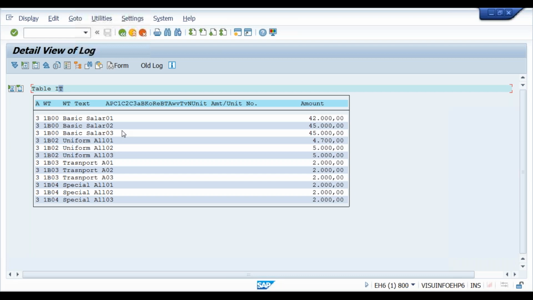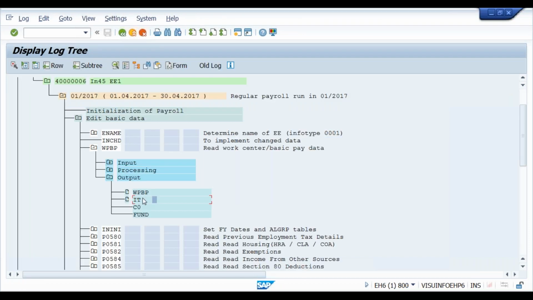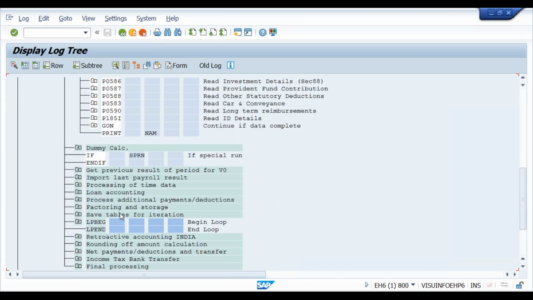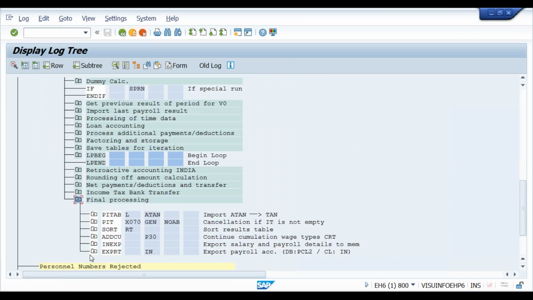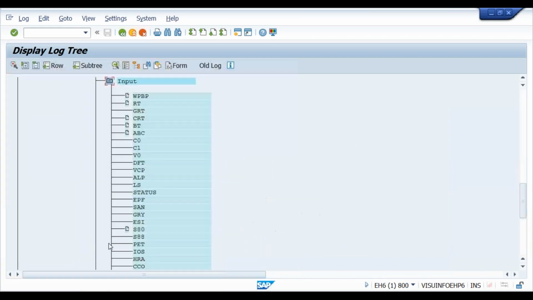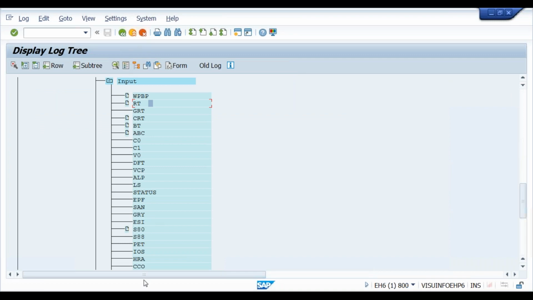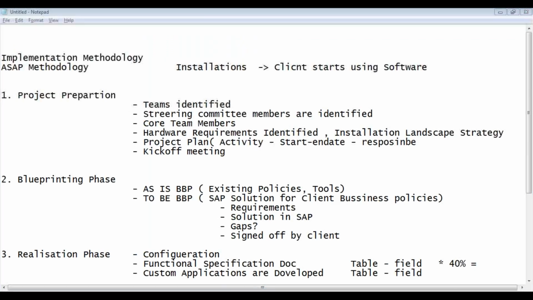Okay, because this table and the RT table, the OT table, RT table and ID table, have the same structure. Look at this. This is the ID table, right? If I want to store these results in the database, then I have to move this waste type to the RT table. Look at the RT table structure. So it is the same thing, right? So let's understand what we have exactly in this IT table.